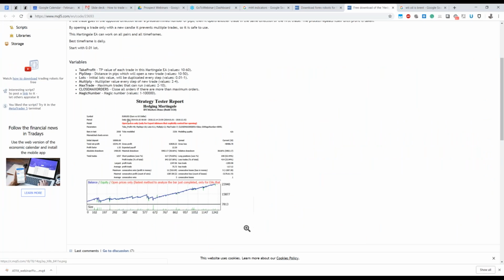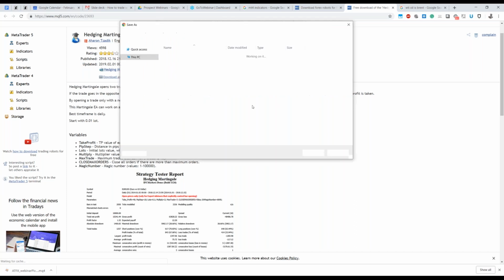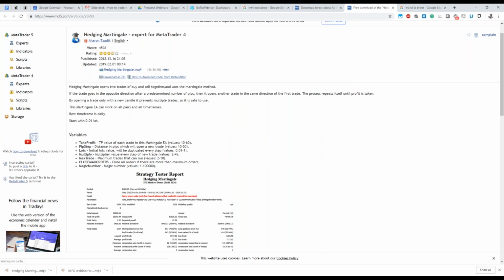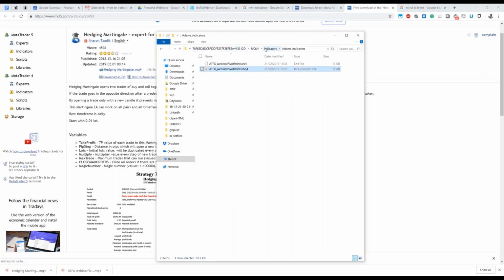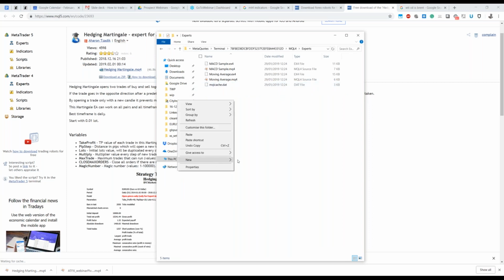So that's something that if you're not familiar with robots, this is going to be something that will trigger the greed because you'll be like, wow, it makes money, until it doesn't, or you can make it too aggressive. But here's an example. So if I decided to save that EA and bring it and save it into that particular folder. So now what I'm going to do is take that and copy it into, again, I want to create a folder that is in my experts over here, experts, and I'm going to drag it and drop it in there, or I'm going to